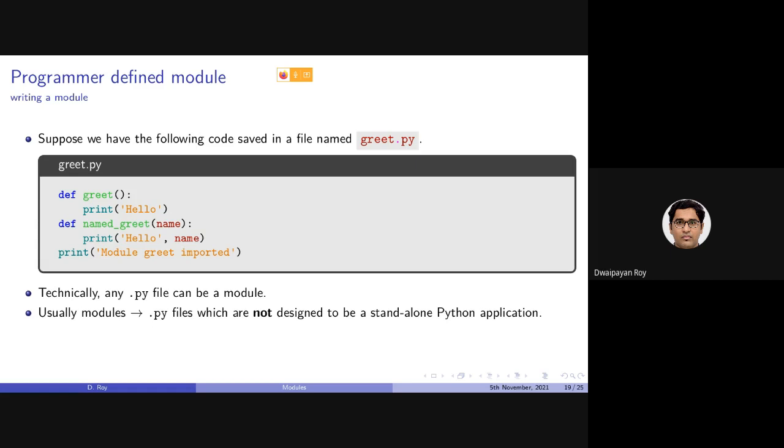But that's not technically true. Technically or theoretically, any Python program can be a module.